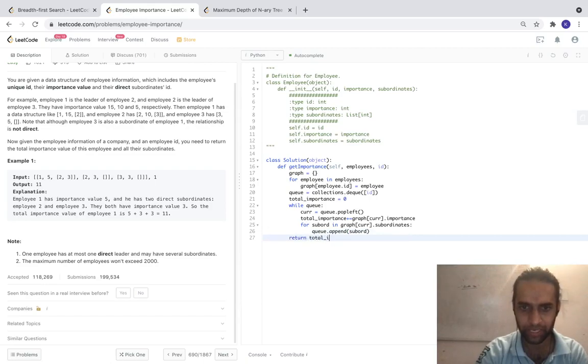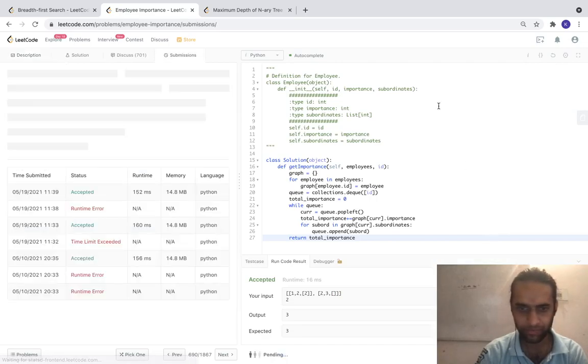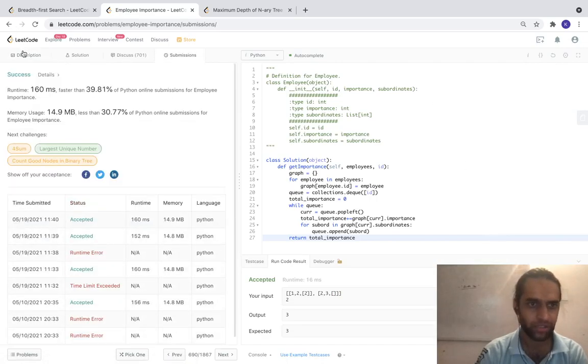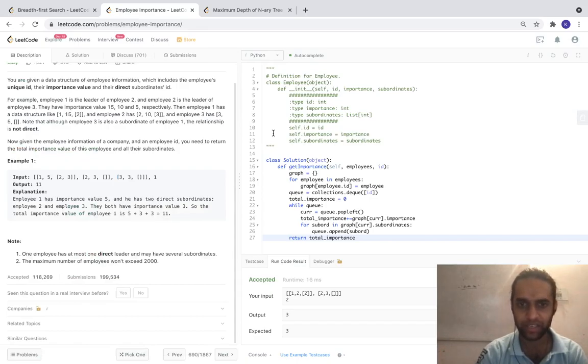Once my entire loop is done, I have consumed all the nodes and all the importance, and I have added it here. So let's see guys if it works. Awesome, it does. My goal is very clear here. I'm trying to create a setup which we can use for multiple problems in solving BFS: we create a queue, we start consuming the nodes inside the queue, and get the value which we are interested in from our search space. So see you guys in the next video.